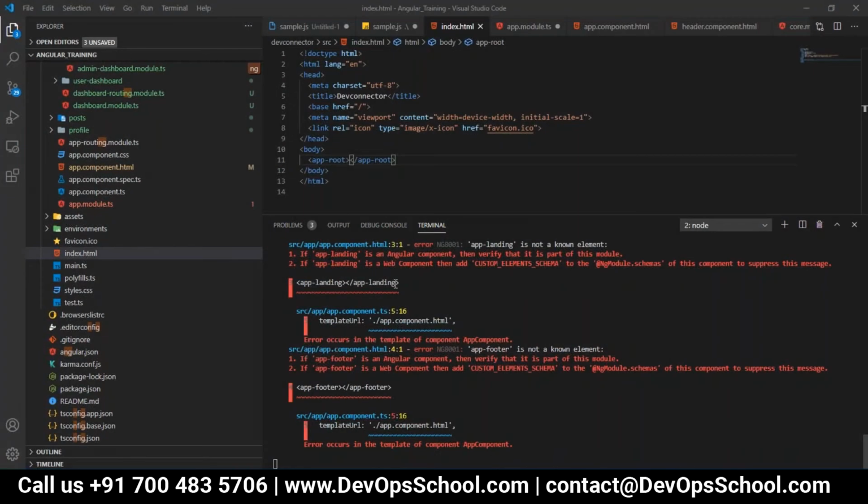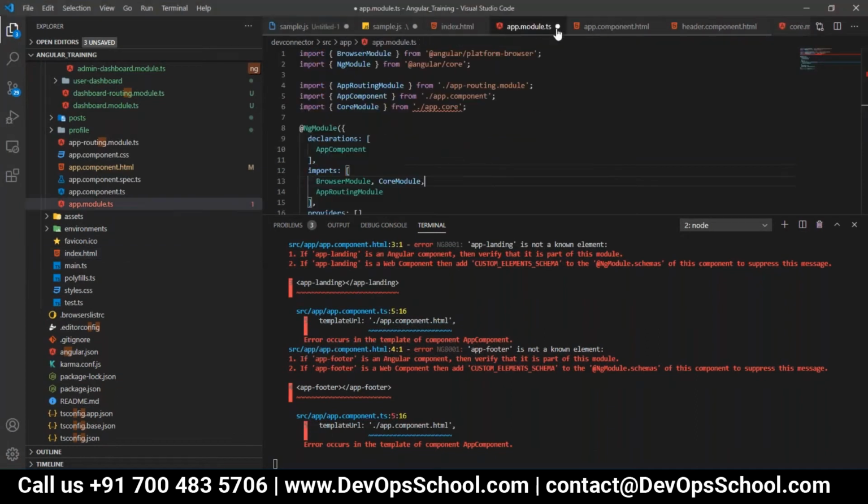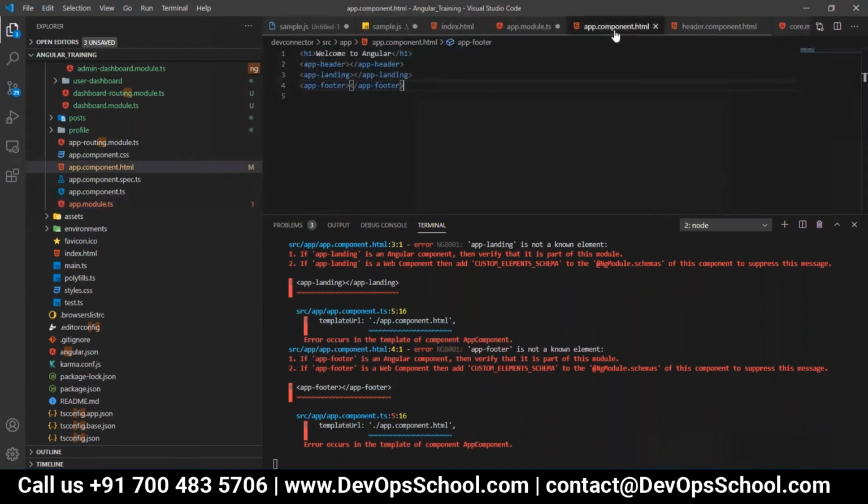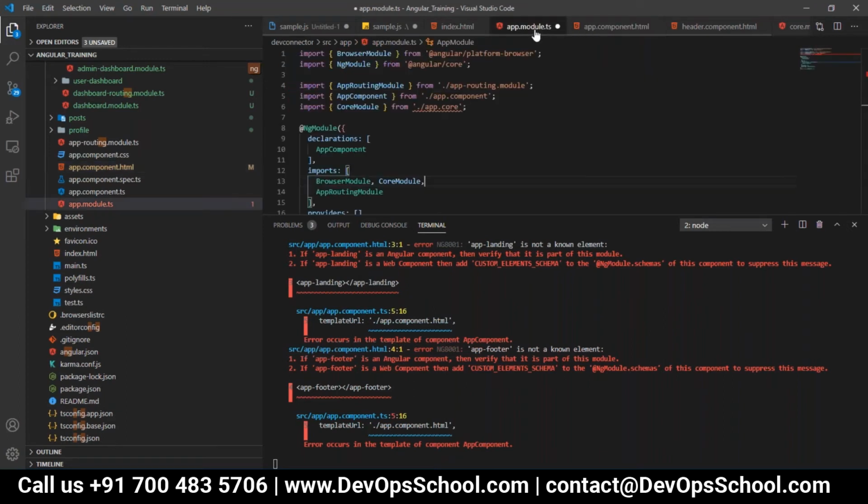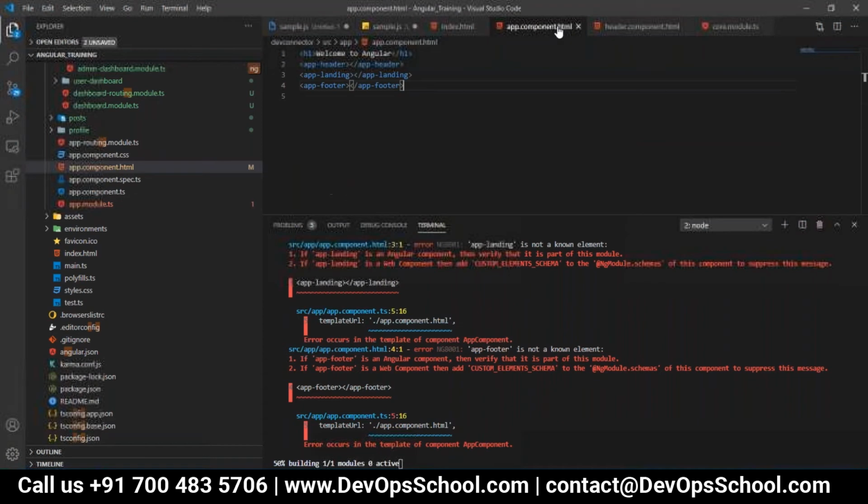Can you see this error? Yes. How do I resolve this? So in app component.html, I have added these. Okay. See, Gajalakshmi, your app.module.ts is open. Go and save that file. Then it will find out the things. Save it. Yeah, I did.